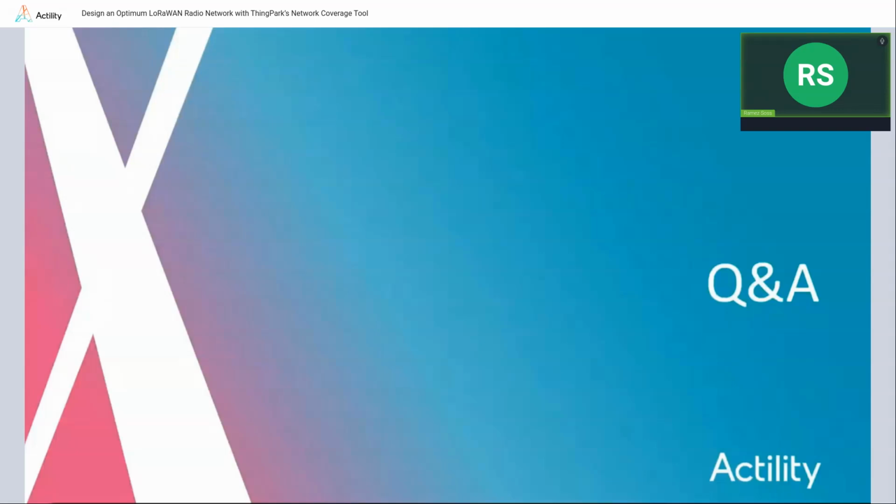Is the tool dashboard available in French? So for now, it's not yet localized in different languages. But until this becomes available, I hope that you can rely on the translation of your browser. If you're using, for example, Google Chrome, it's generally easy to just activate the translation from Chrome. But since almost all our other user interfaces are already localized, translated in different languages, one day the network coverage tool will also follow the same thing.